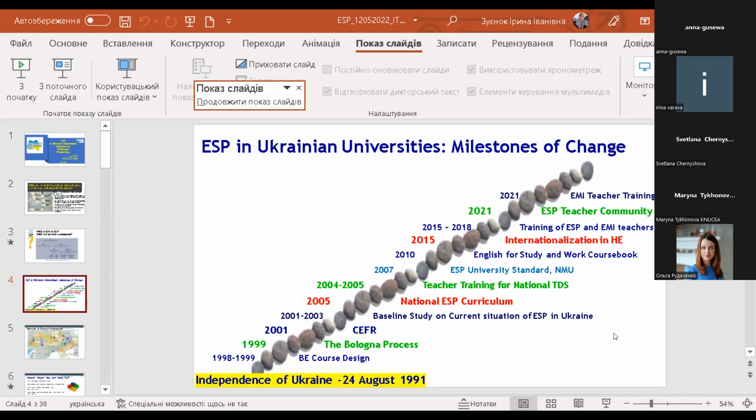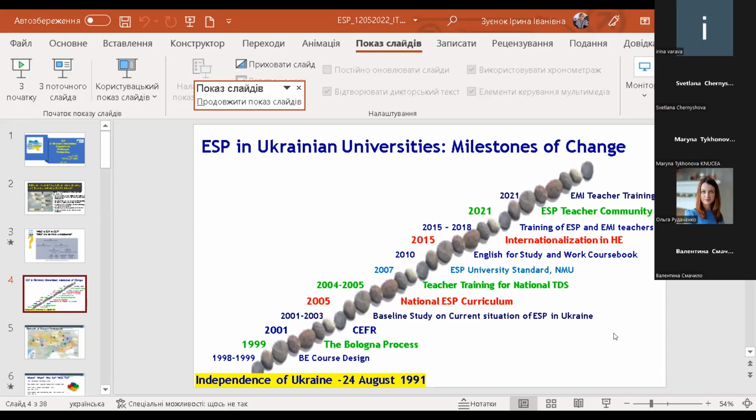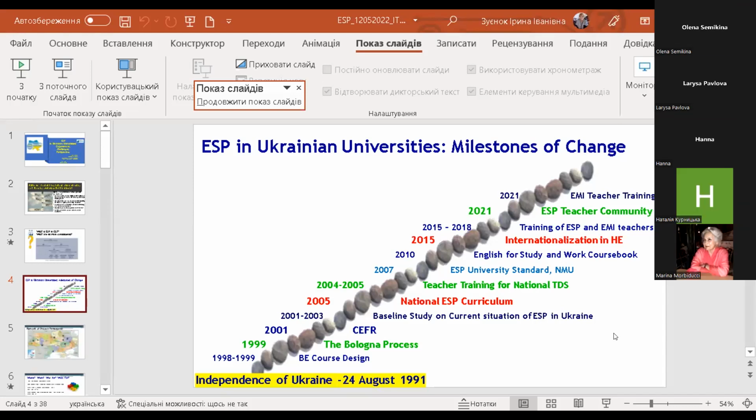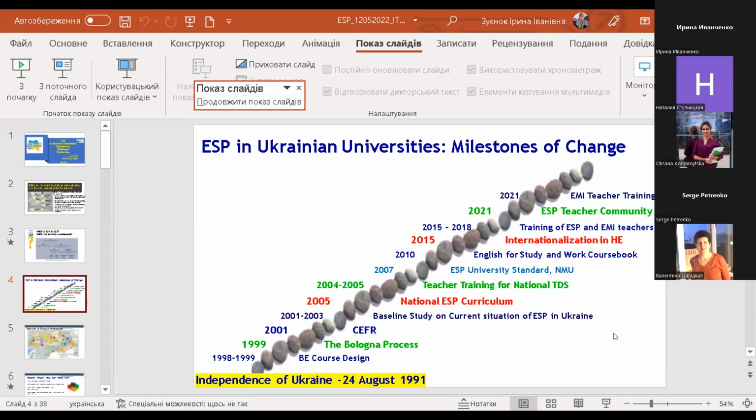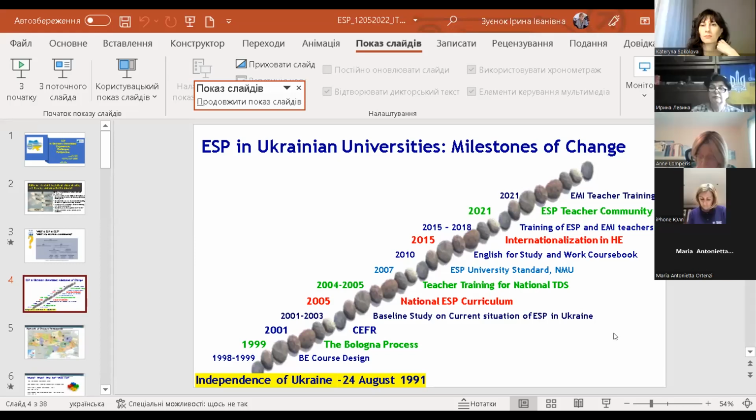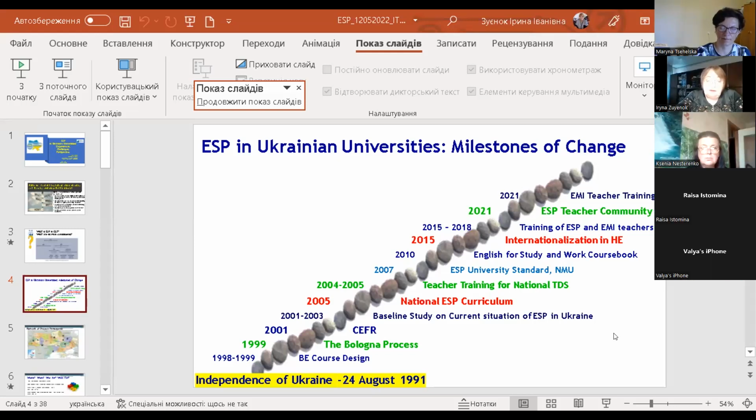That is why you understand that in this baseline study, many students and teachers were involved, because the idea of it was to benchmark where Ukraine is and to make a proposal for the national ESP curriculum. When we had done this baseline study, we wanted our curriculum, I mean the Ukrainian one, to be a reflection of the voices of as many ESP teachers as possible. That is why between 2003 and 2005, with the help and support of TESOL-Ukraine, TEFL-Ukraine, and British Council Ukraine, we